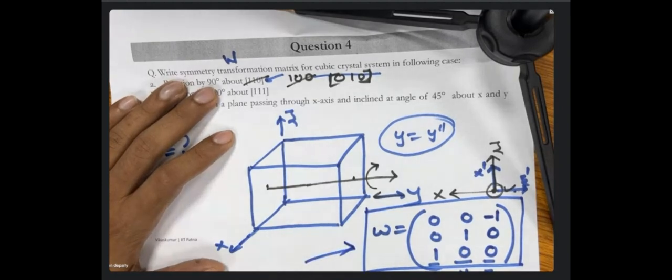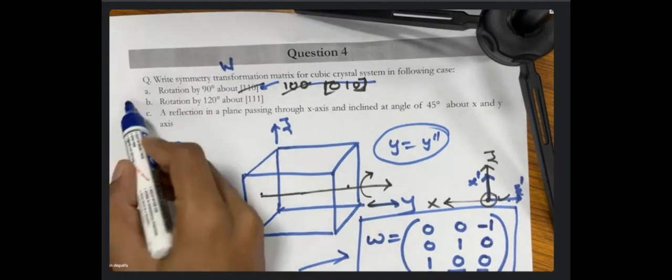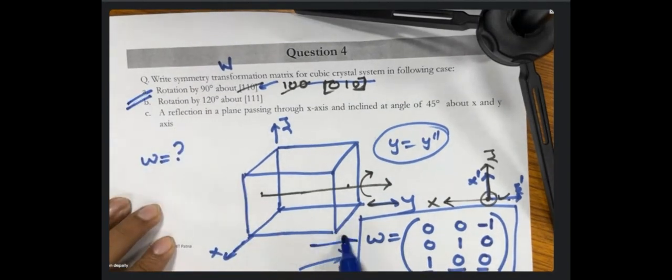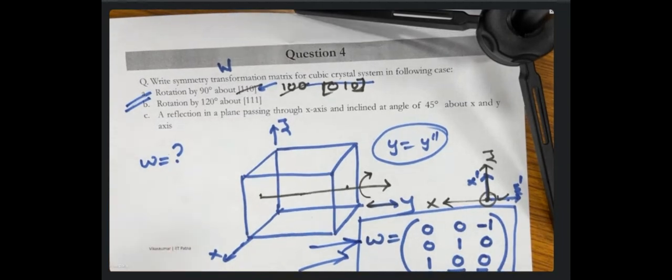So just knowing how our initial axis is going to transform to the final axis using the particular operation which are given, we can write our symmetry transformation matrix. And that's how we have solved the question number 1. Now let's move to the second part of it,